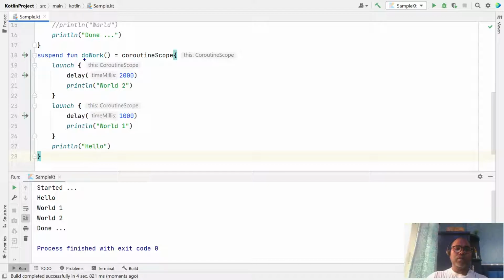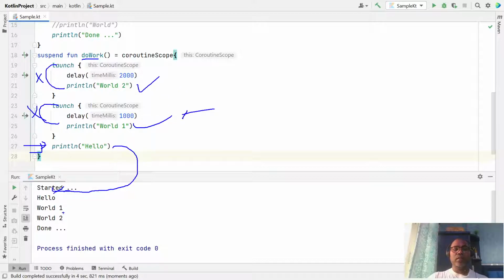Here our doWork function is not going to wait and print 2 then 1; they are asynchronous and non-blocking. So we are not waiting, we just come here and print hello. After that, whichever block has the 1 millisecond wait will execute, then the 2 millisecond wait will complete, and then main completes. So this is the very simple syntax offered by Kotlin to write asynchronous programming.